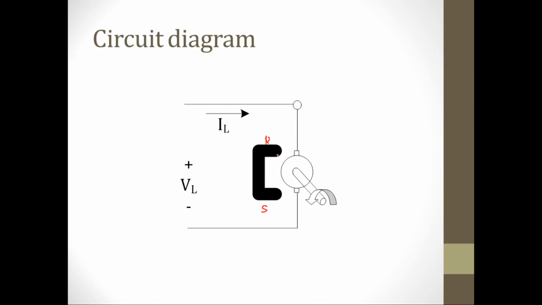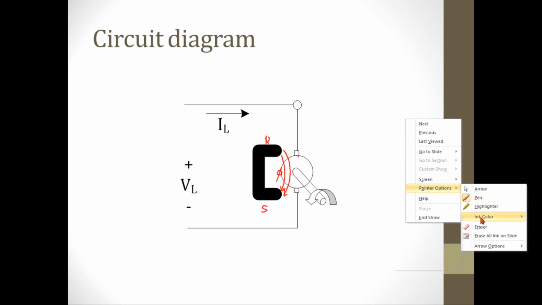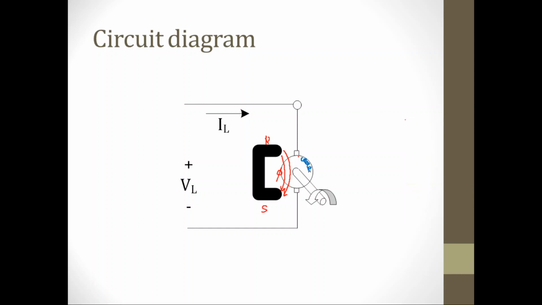The magnetism, by convention, will run from the North Pole going to the South Pole. This should be represented by the symbol flux, or magnetic flux. Now each of the conductors in the armature, represented by the blue one,